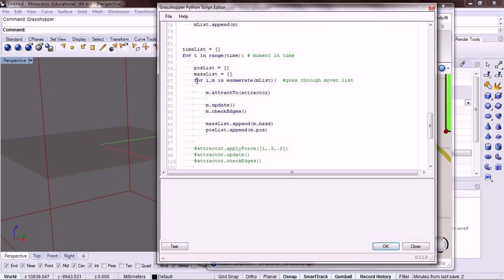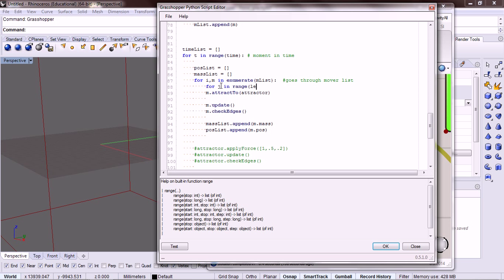We're going to make a nested for loop, and for every mover we want to look at every other mover. So let's consider M, the mover that we're looking at right now. We want to look at every other mover, so we need to make another for loop, and instead of enumerate, we're just going to use the index j. So for j in range len of mlist,